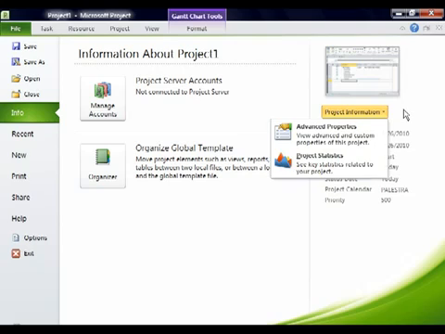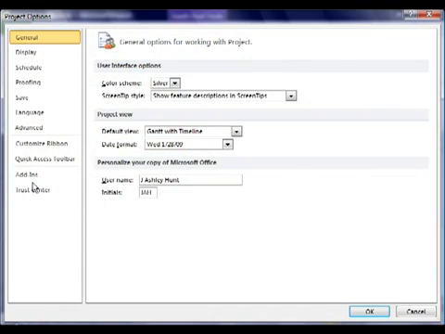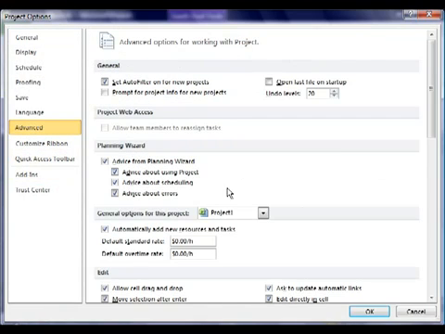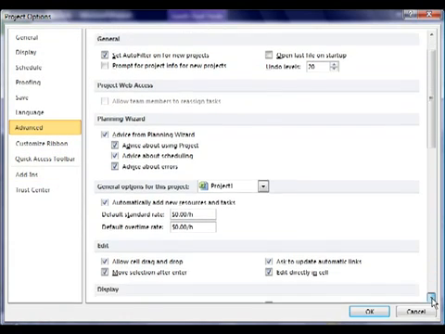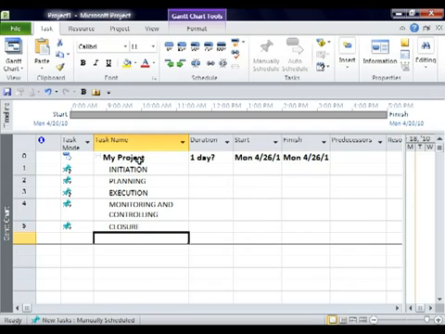In the Advanced Properties box, you'll fill out the information, the title, your company, and so forth. Once you've completed that, you're going to want to go into the Options section, onto the Advanced tab, and make sure that you turn on the Project Summary task right down here under Display Options for this project. Once that's turned on, it will be part of your project plan right up here at the top, and